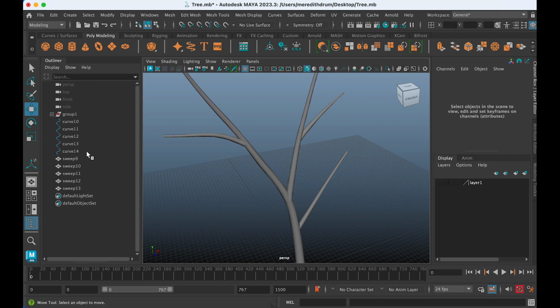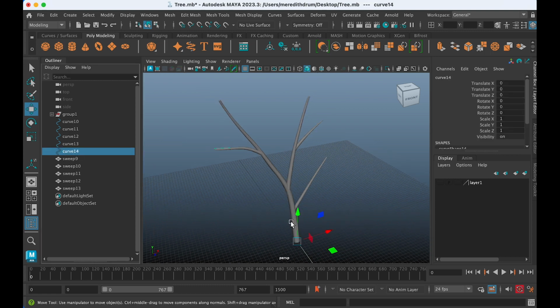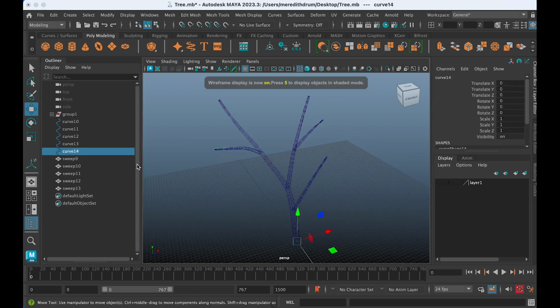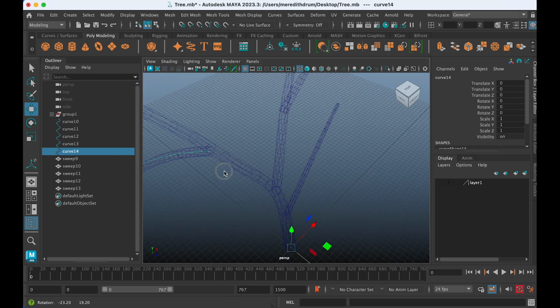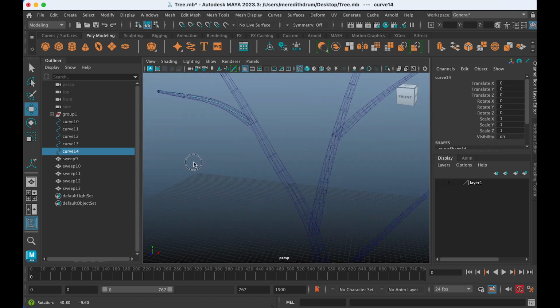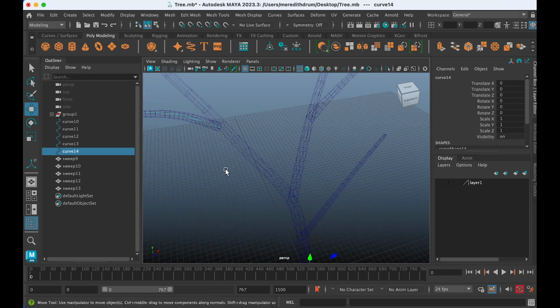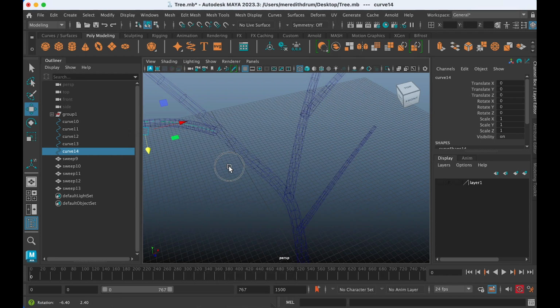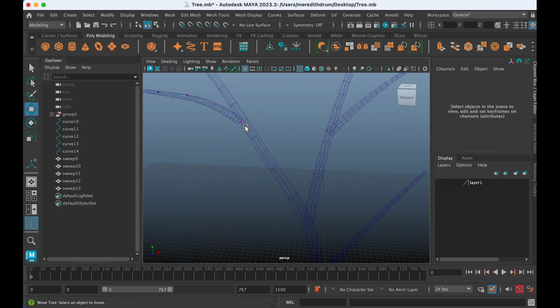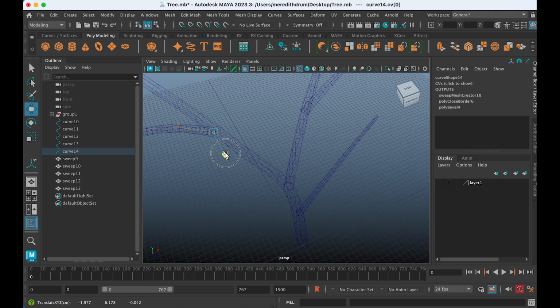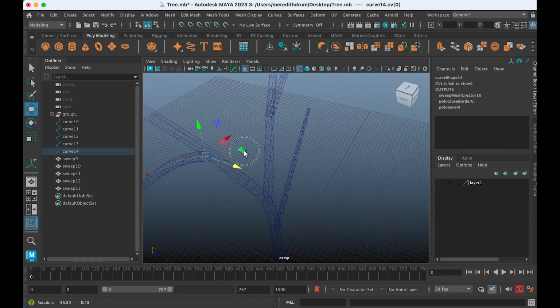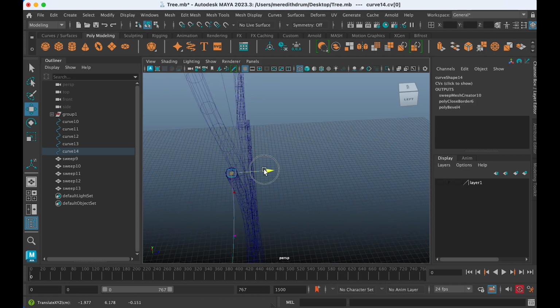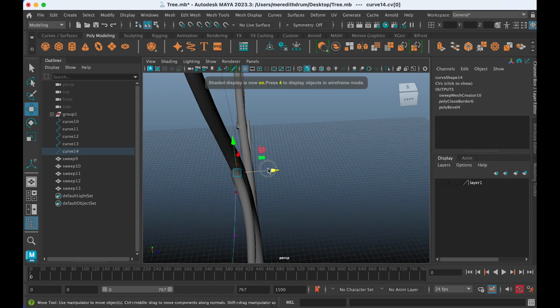And once you're finished with your curves here, I'm just going to press 4 to get them. You can also center the pivot of them if you wish, if that's irritating, and you can make sure the lines are there inside. You can play around with that.